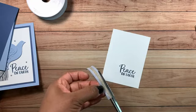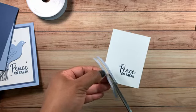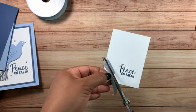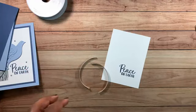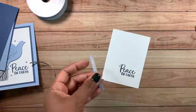These are some old retired ribbon scissors that Stampin' Up! used to carry. I really wish they'd bring them back. I love, love, love cutting with these. But I'm just going to cut right up the middle. If you don't have ribbon scissors like this, you can use any ribbon. All right. And once I've done that,